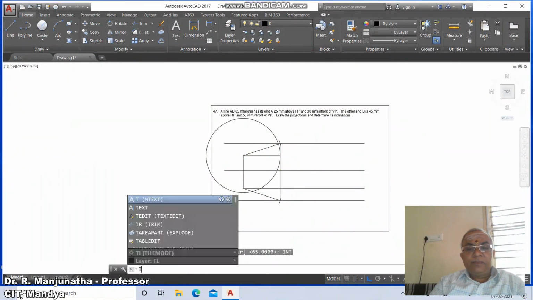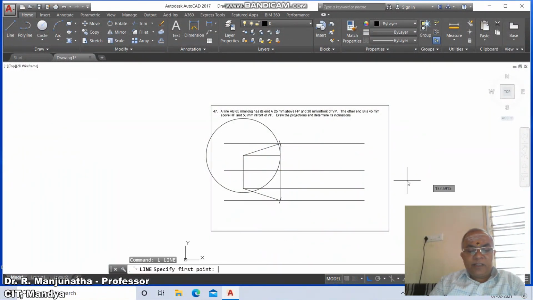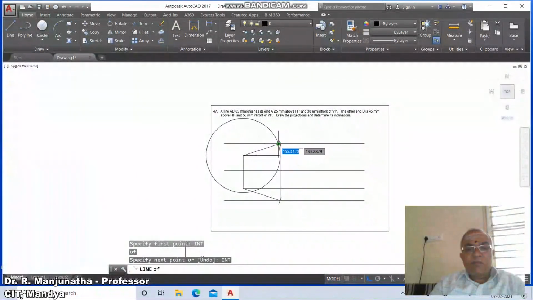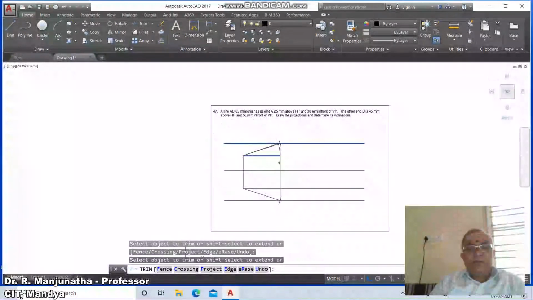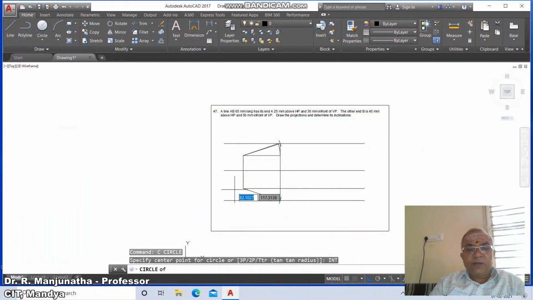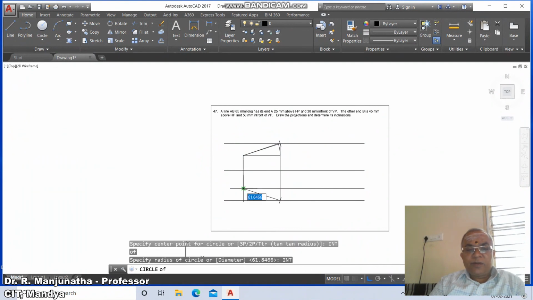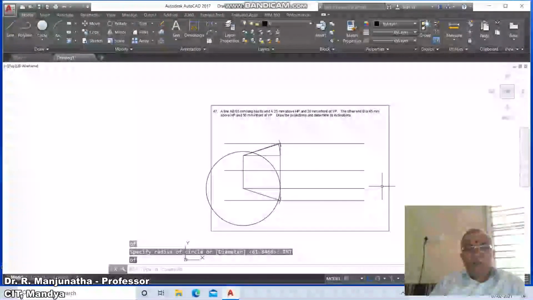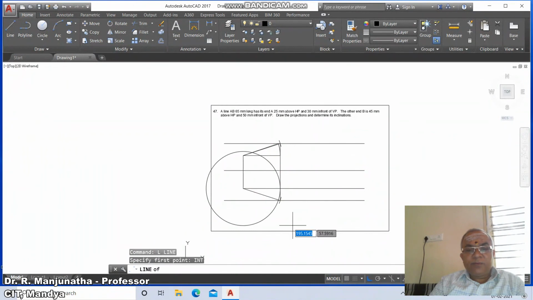Then go to trim, then go to line, take intersection point of this to intersection point of this, and go to trim between this line and this line, remove this. So similarly go to circle, take intersection point of this to intersection point of this, and then go to line, take intersection point of this to intersection point of this.